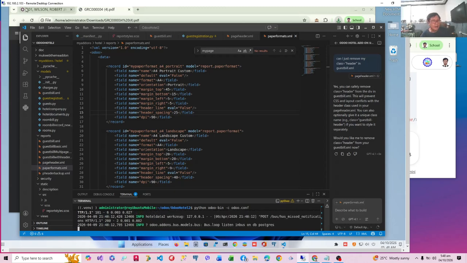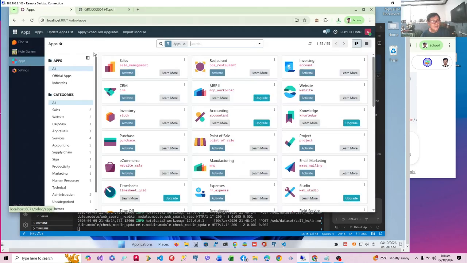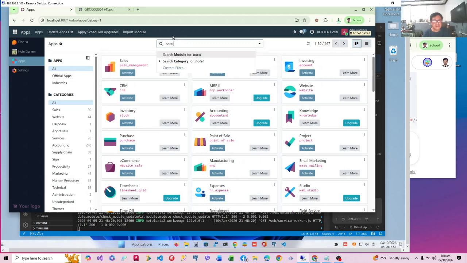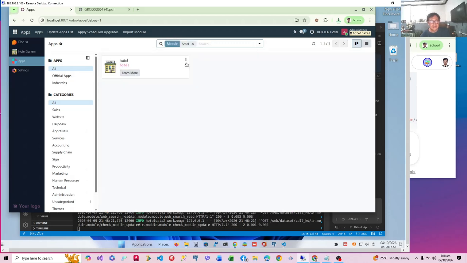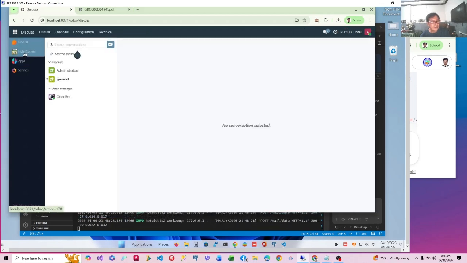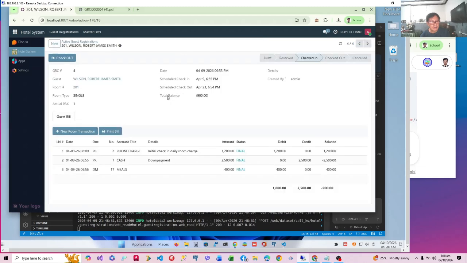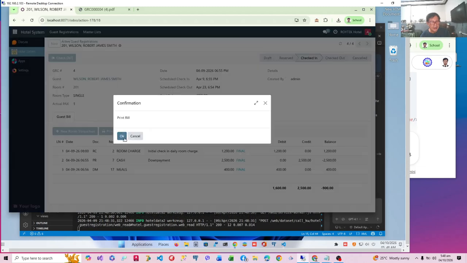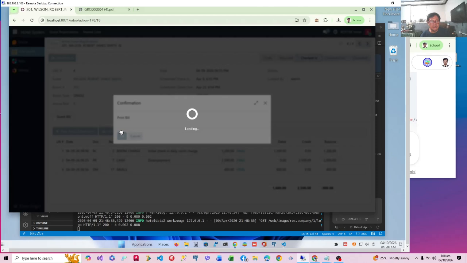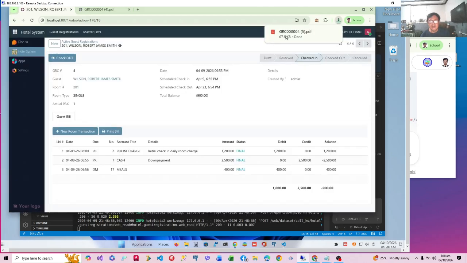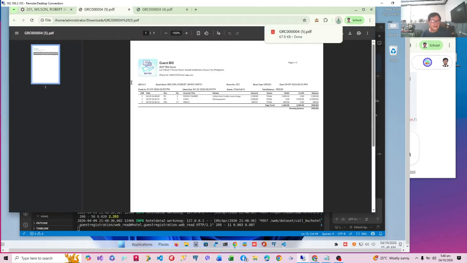Let's print the bill. Find out. See, the gap has reduced.